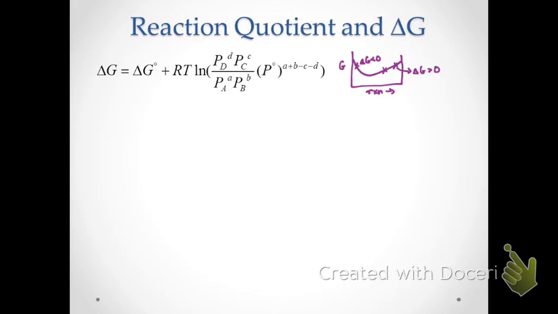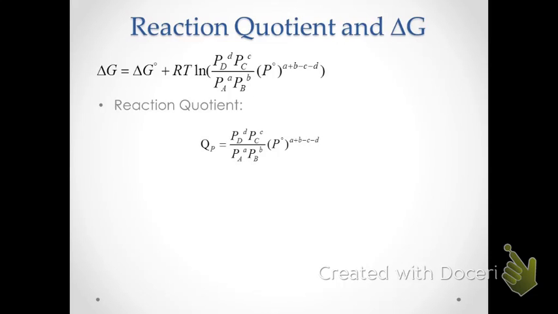Whereas on the right side, the slope is positive, delta G is going to be greater than 0 over on that side. So we can actually tell what the sign is going to be based on the slope of the curves here. All right, so to make our life easier, so that we understand how this is going to work, and we can apply this more readily to systems which have different numbers of reactants and products, we're going to define a reaction quotient, and you are more than likely introduced to this in general chemistry, which again is just